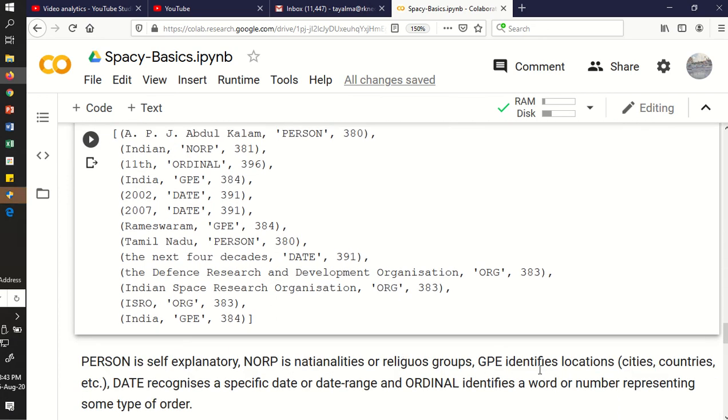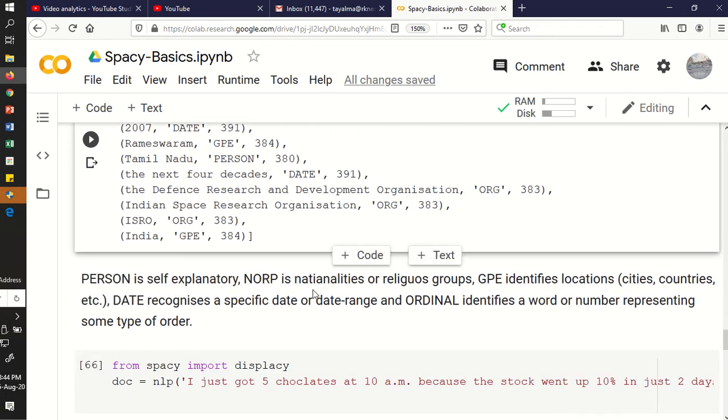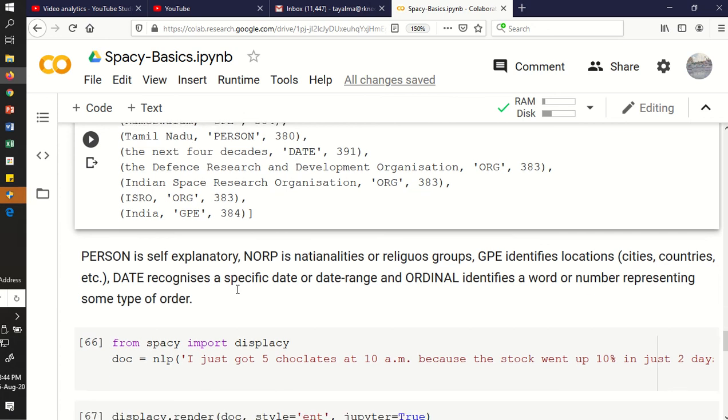GPE identifies locations, cities, countries, etc. Here GPE was one of the labels. DATE recognizes a specific date, any date that is there. Organization, ORG, is one of the labels here, and it identifies the organization. So this way the .ents method is responsible for giving you the entity recognition.